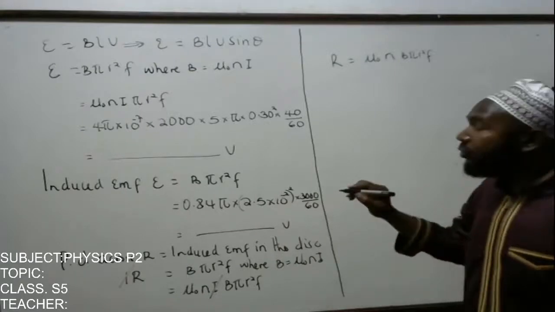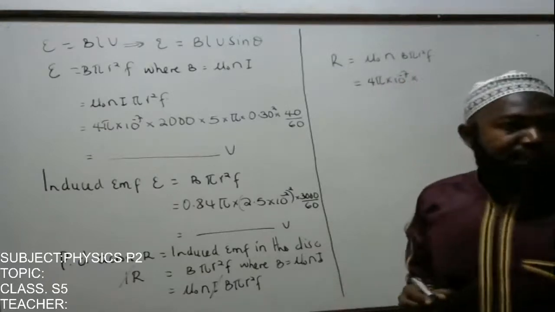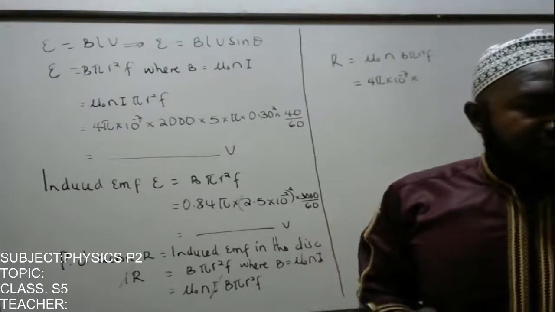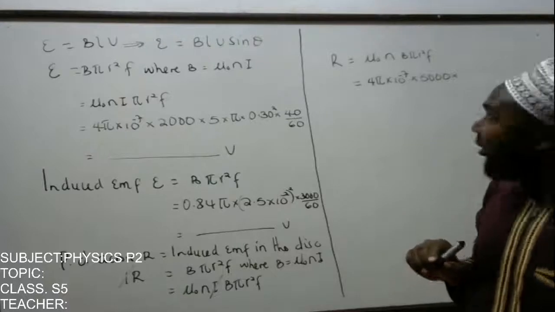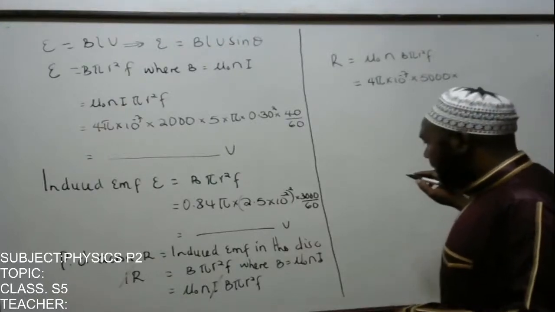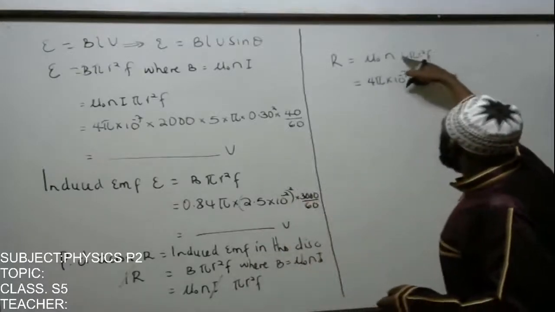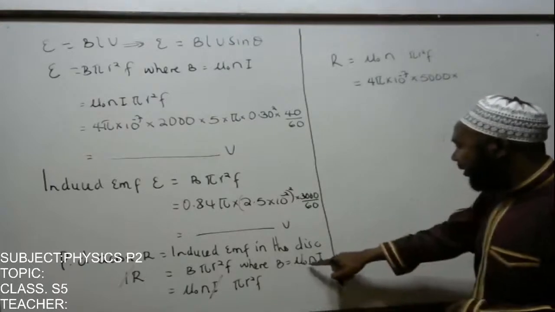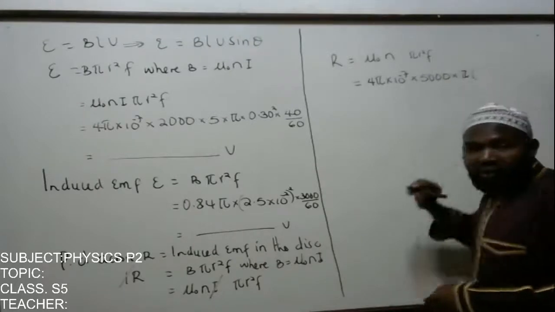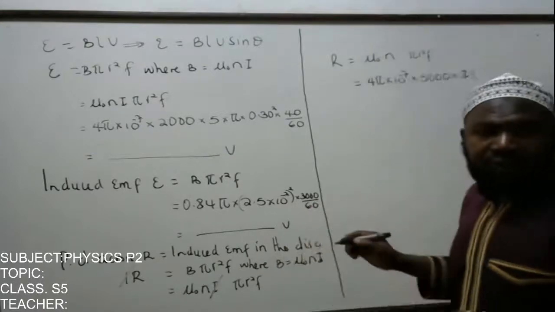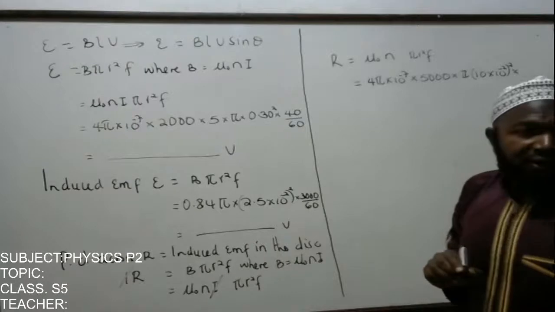So you can now substitute in our expression. This one turns out to be 4 pi times 10 power minus 7. The number of turns per meter according to this question was given to be 500. Then the magnetic flux density, the B, was substituted. So here the B does not exist because it was substituted here. So we only have pi, the radius of the disk. According to this question, the radius of the disk was 10 centimeters. So we convert to meters and square. Then the frequency was given to be